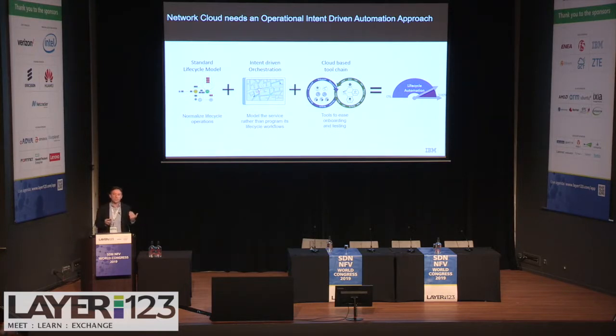And the analogy we use is like a sat-nav. I want to go from The Hague to Amsterdam. I don't know the route. As I'm on my particular route, there might be a crash. I get rerouted automatically. In the same way, that's how we apply automation to the network and help us with that machine-enabled automation to get ahead of any problems. And of course, that cloud-based DevOps toolchain.